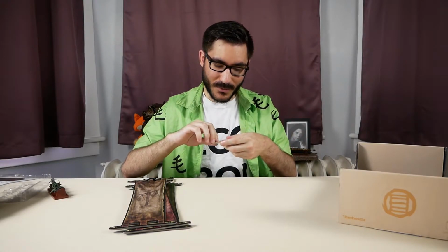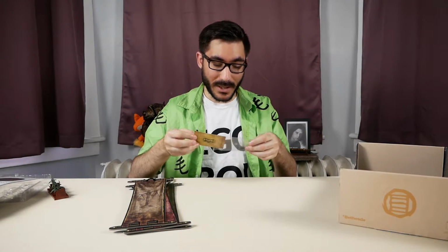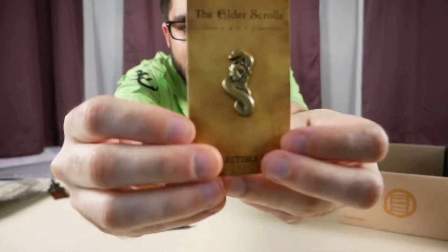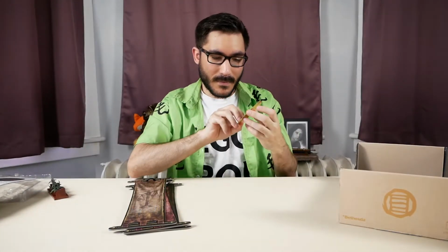Let's get to the last item. And the last item, besides the t-shirt, that's going to be the final, the big boy item. Every single loot crate comes with a pin. And this one is really great for an ESO player like myself. I'm going to hold it up nice and close and hope that it zooms in. It did. This is a pin of a snake wrapping around a fist, which to an ESO player is incredibly